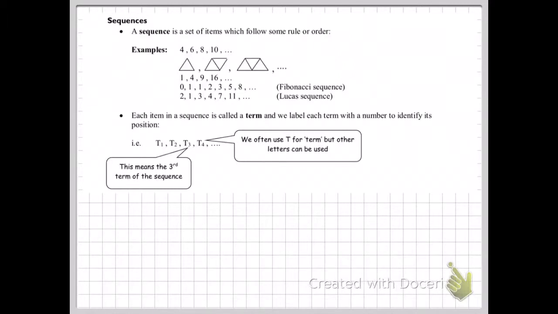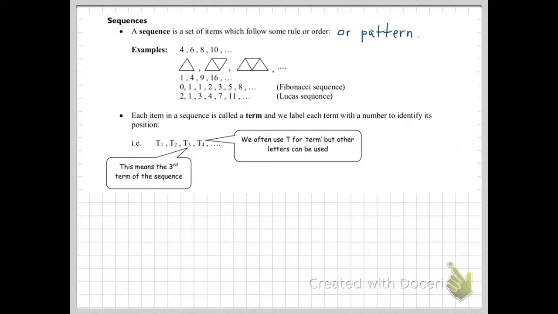In this video tutorial, we're reviewing the idea of sequences. A sequence is a set of items which follows some rule or order. We could also say, or pattern. Some examples. There are number patterns, there are also shape patterns. The second example is a matchstick puzzle where 2 additional matches are being added each time. The last two, the Fibonacci and the Lucas sequences, are quite interesting, and we will return to them later in